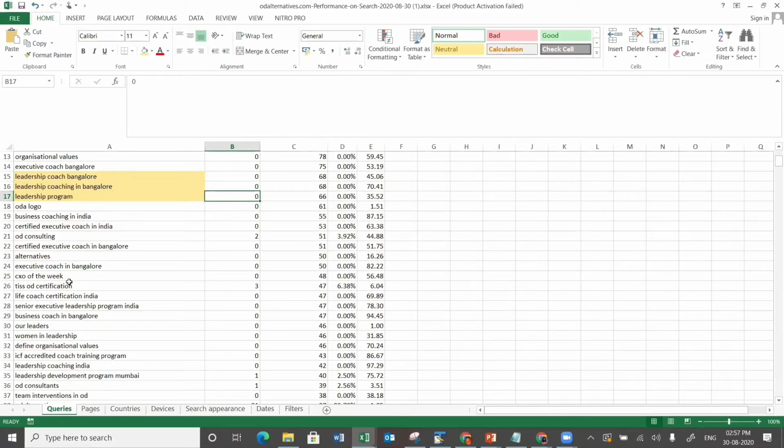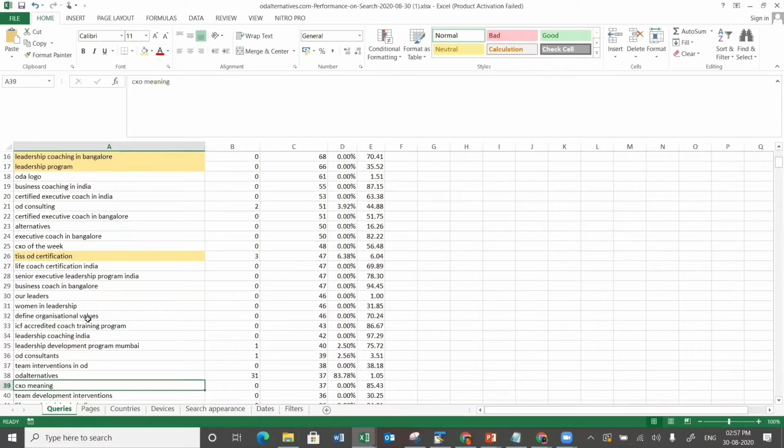All right, dentist OD certification. This is their another product. So perhaps I will go and check if we have a page around this particular keyword. If we don't, we should definitely have a page. If we already have, then we should look at the construct of the page and add missing elements. So that's how I will go one by one on the top list.